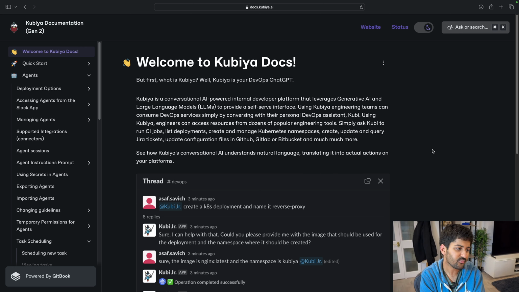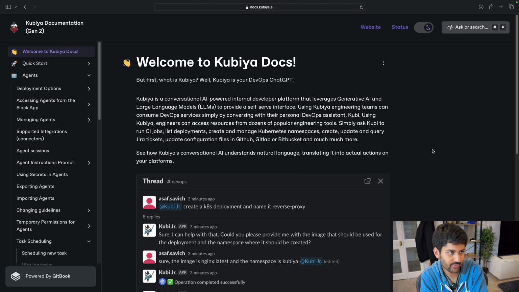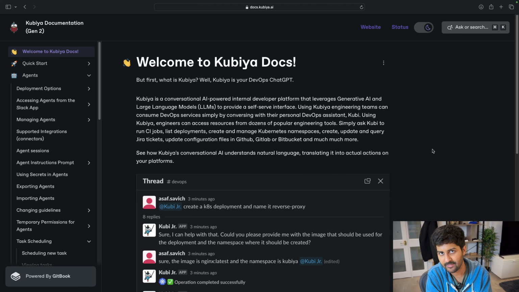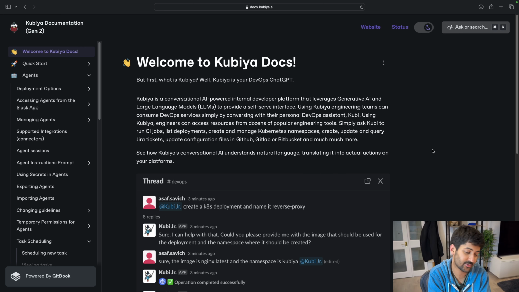So yeah, if you're an SRE, DevOps engineer, as some people like to mention that, but yeah, if you're a DevOps professional, maybe that's the right term, SRE, developer, highly recommend checking it out. Platform engineer as well.